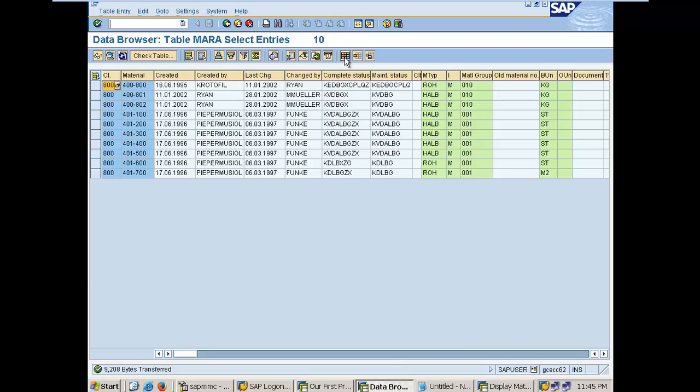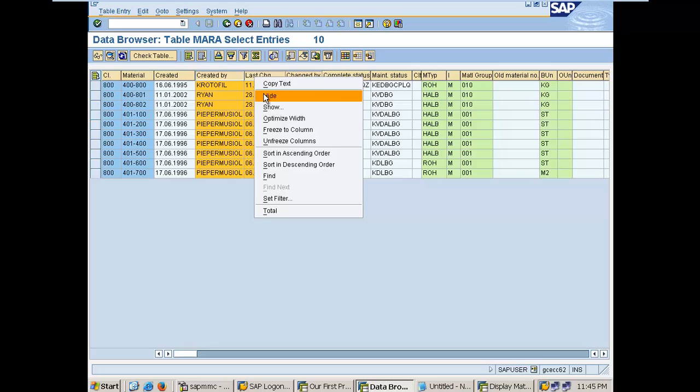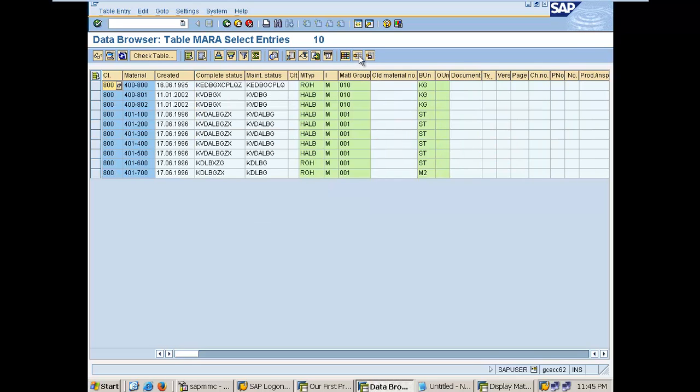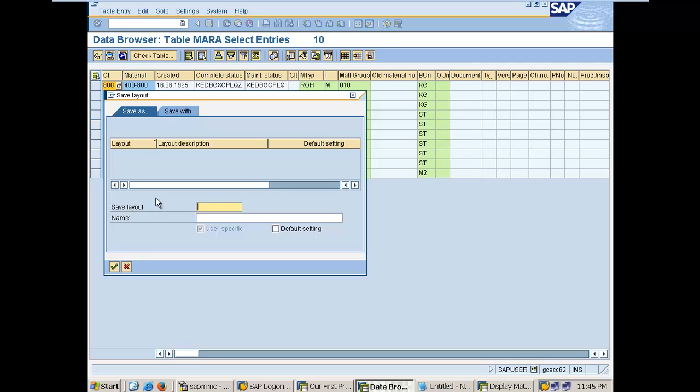So, and then you can change the layout, which means, for example, you don't want to see these three fields, you can just hide this, just like Excel. You can do a freeze span, you can optimize width, everything is very similar to Excel. Let's say I do a hide here, and then I save this. So if I hit save, it will save a layout for me, I mean specific to me. For example, I give a name,